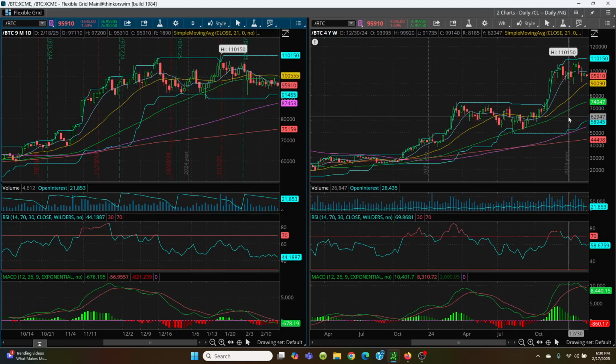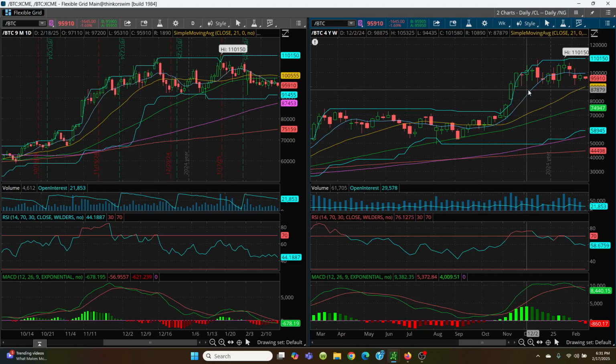Now here, you look here on your weekly chart. Well, you can see here, everything is just sideways action. Let me zoom in a little bit here for you. Okay, see how they're just sideways action here? Everything like that. So realistically, on the upside, this is what you're watching. Okay, that 96,666, that devil, man. Okay, and then on the downside, you're watching right there,